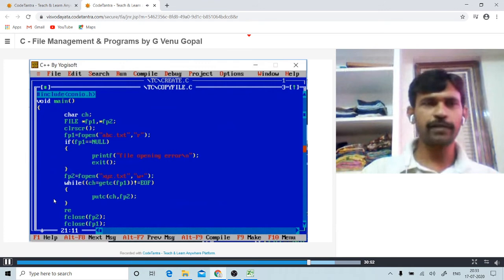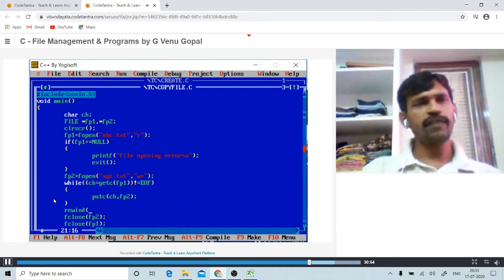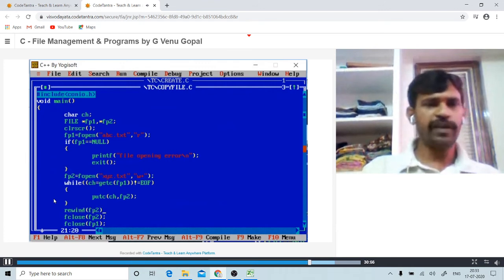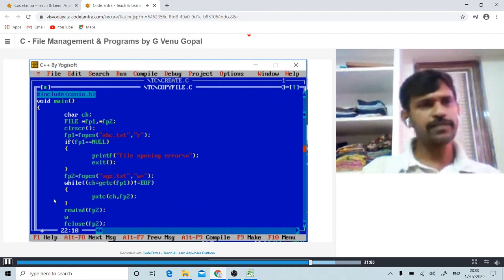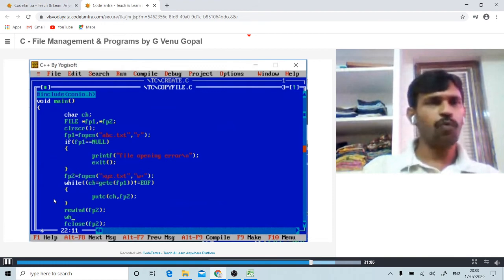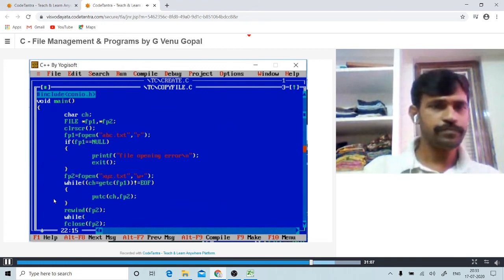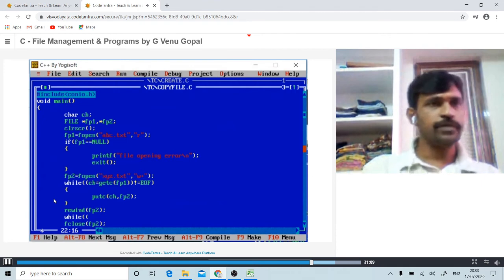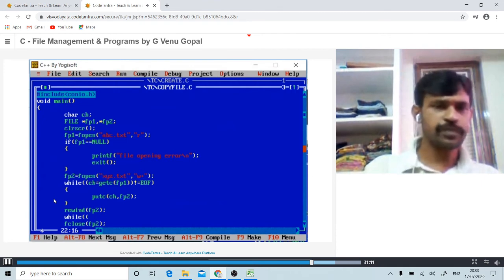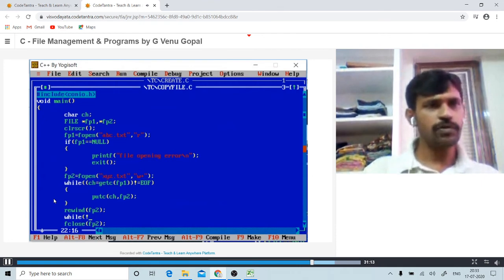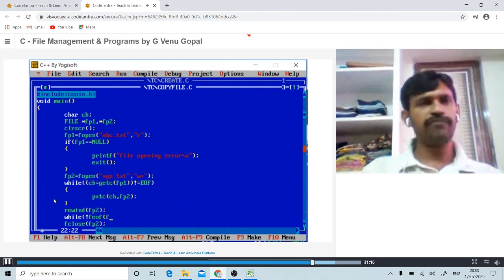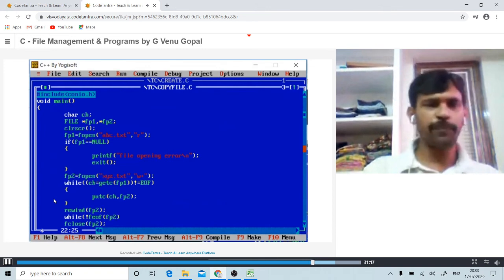So rewind of fp2, that means the file pointer is placed at the beginning of the file. Then you can write the statement as usual, while not feof of fp2.